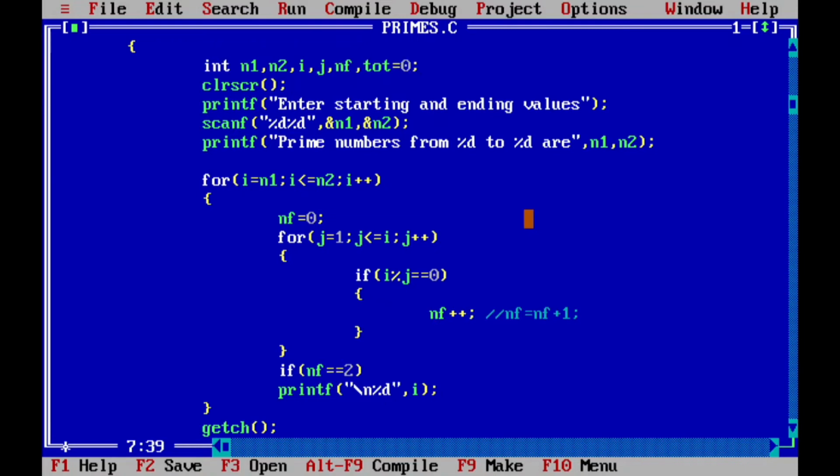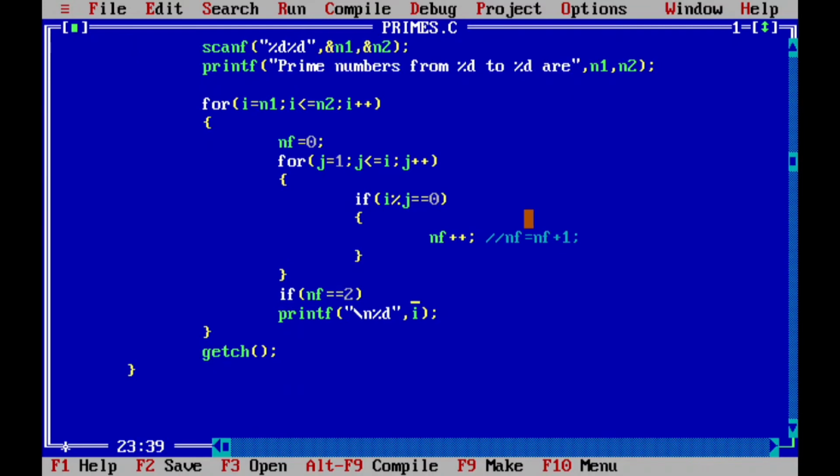Initially, we don't know total value, 0. I want to increment this total. That's why initialize it to 0. Total equal to 0. Then here, if this printf prints this I value, then we got one prime number. Yes or no? Okay. Now enter. Here increment that total value, TOT plus plus. If this printf is displaying this I value, then we have to increment this total.